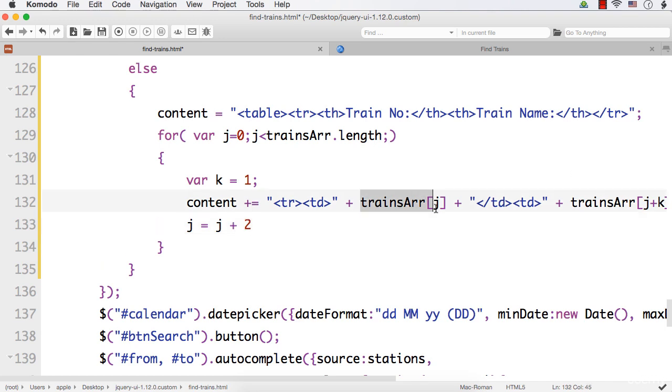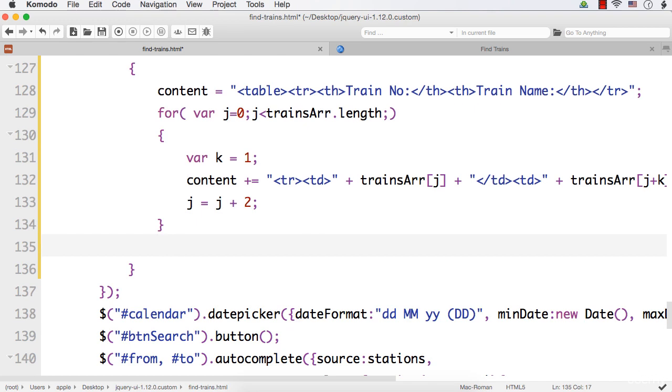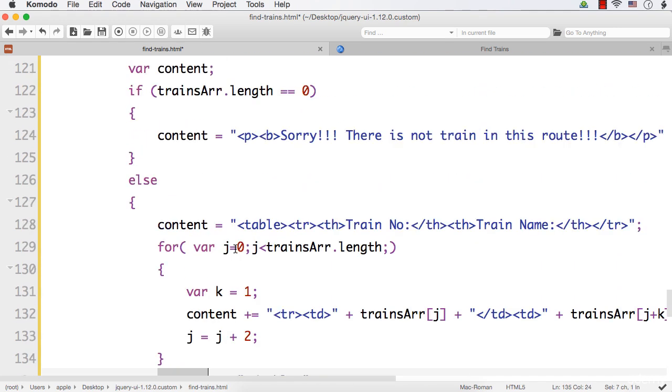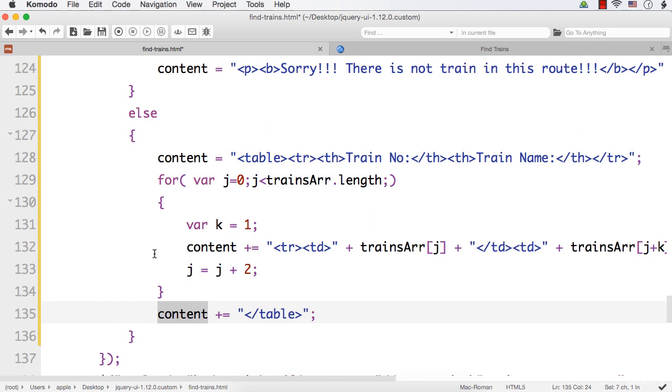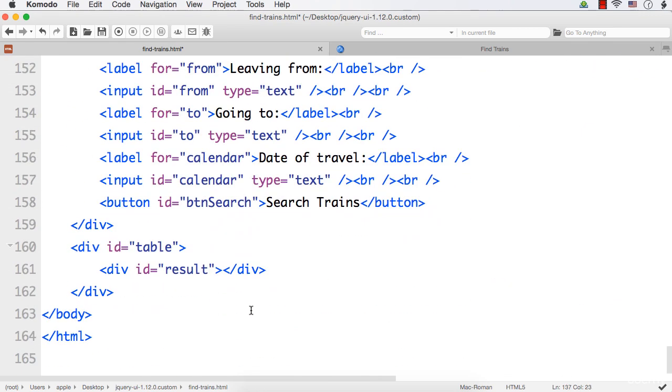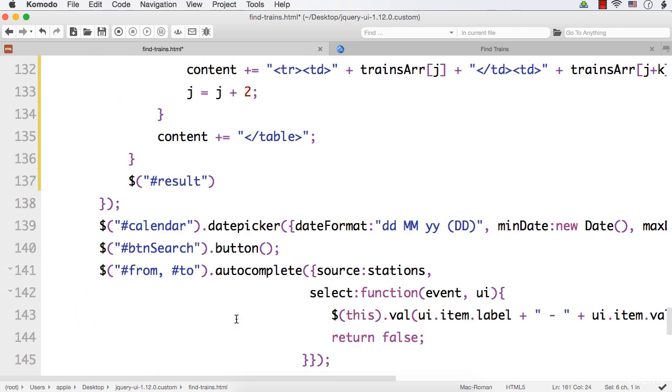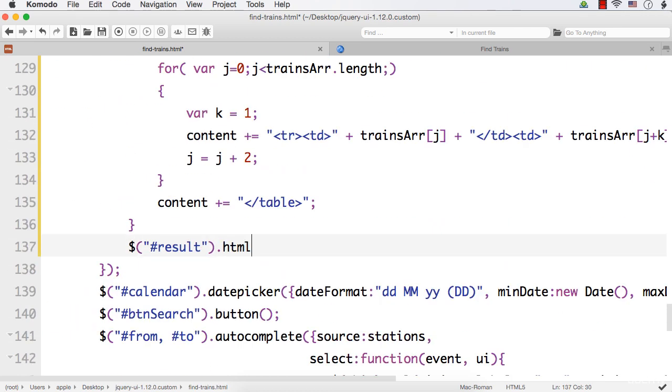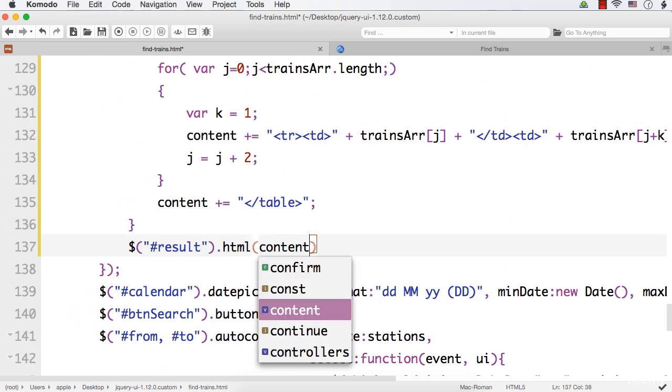Because then only we will get the next train's number and the corresponding name, right? And after this for loop, we need to close the table, right? So here we can write content plus equals slash table, which means this content will now have the table's HTML. So after this if and else, we should write $("#result"), that is the ID we have added here, .html(content),